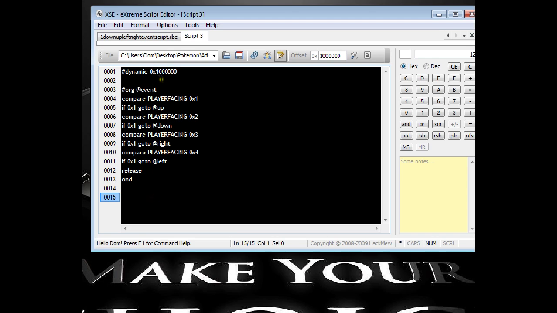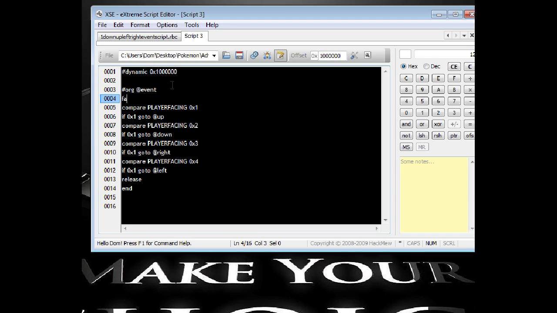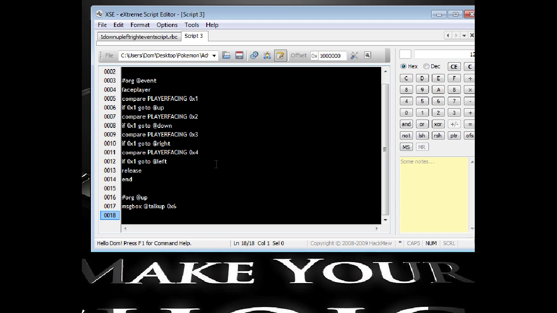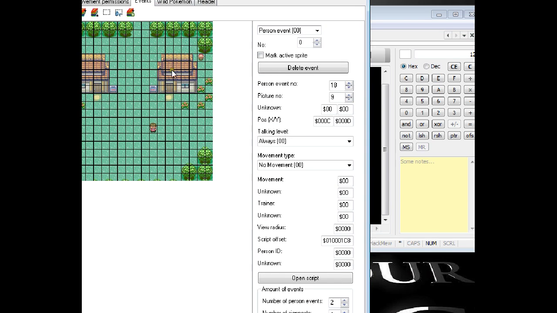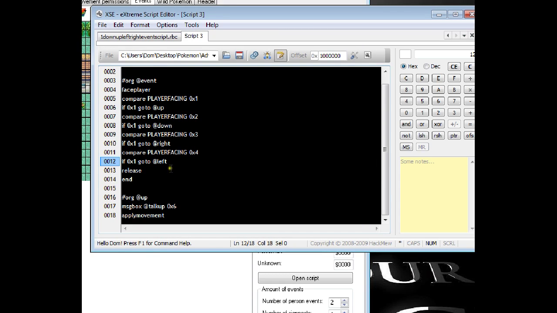So for this example, in front of all this stuff I'm going to have face player, so that the overworld sprite faces the player once he talks to him. I'm going to start out with the up position. I'm just going to have a simple talk message, so I'll put talk up, for example, and then I'll do an apply movement of our overworld sprite. So I go to advanced map, click on my overworld sprite, person ID 18, apply movement 18,